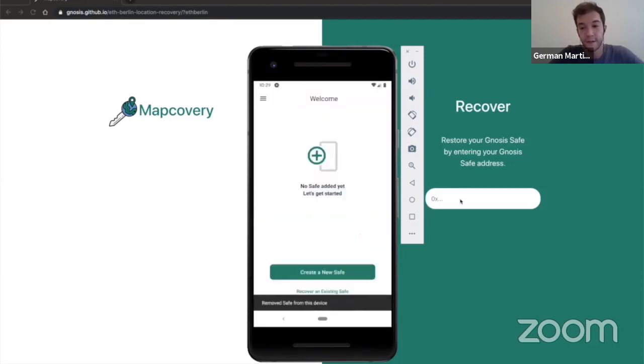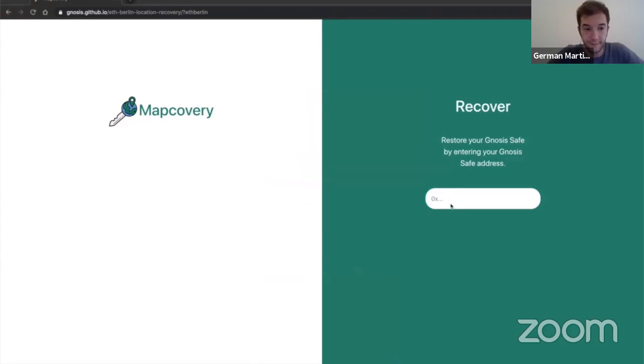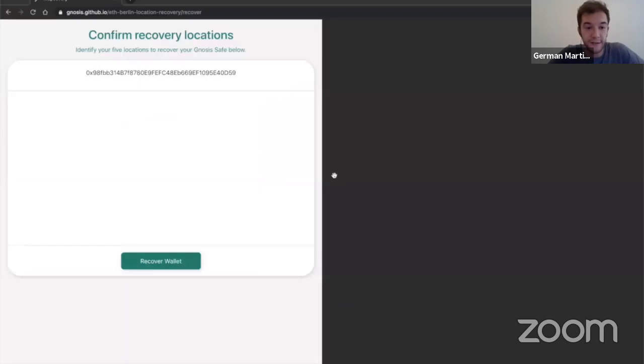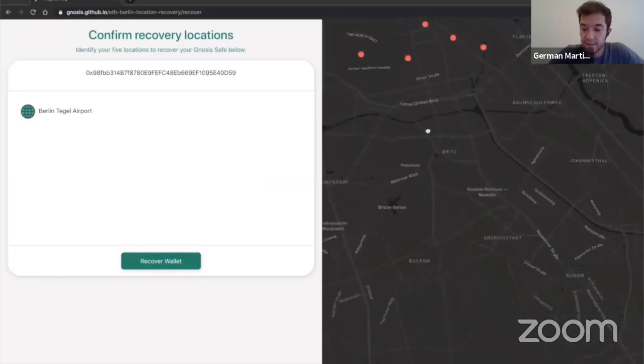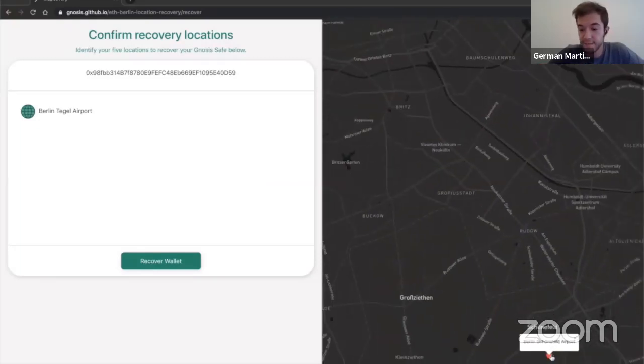And after that, we are going to go back to the web app to enter our safe address. And now we need to remember these 5 locations and select them again.